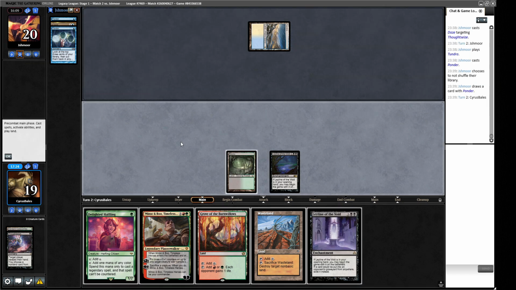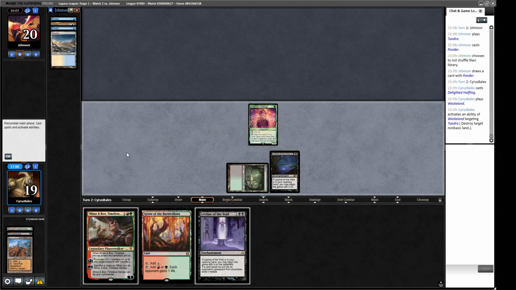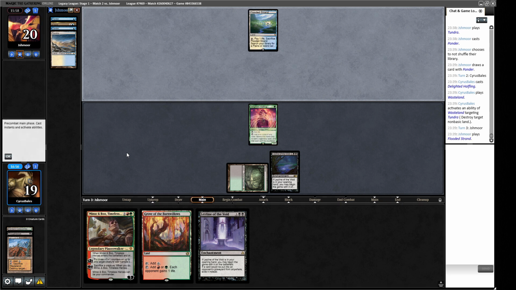Leyline in the void. Yuck. So we're definitely playing this Delighted Halfling. Are we Wastelanding them as well? Tough choice. I think we do Wasteland them though. They didn't shuffle off their Ponder, but maybe their decision was based on having that land in play. Maybe it wasn't. But if our opponent can't get to 3 mana, they can't really win the game through our